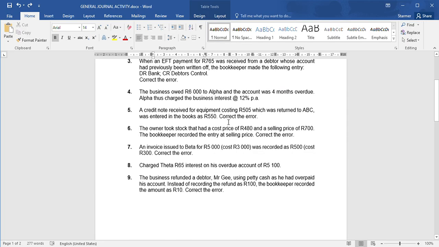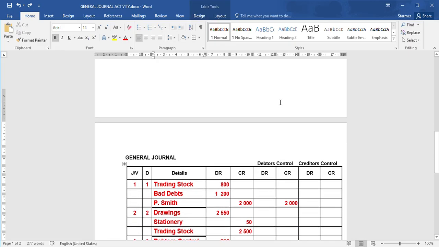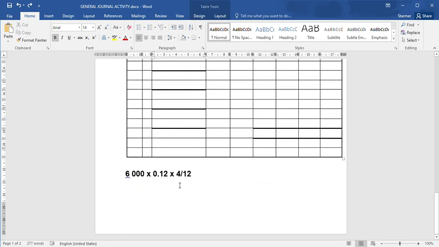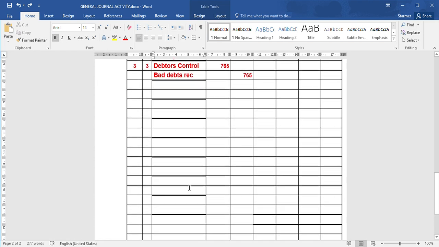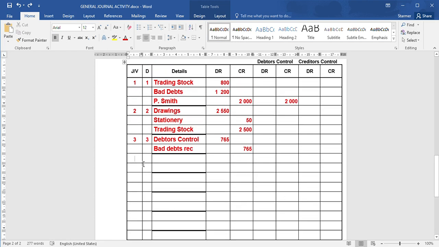The next one, the business owed 6,000 Rand to Alpha and the account was 4 months overdue, and they charged interest at 12% per annum. Right, start off by calculating the amount here. The amount owed here was 6,000. We multiply that by 12%, and then we are only going to get charged for 4 months of the year. If you record that there, that will give you